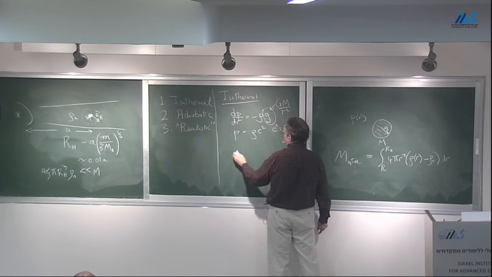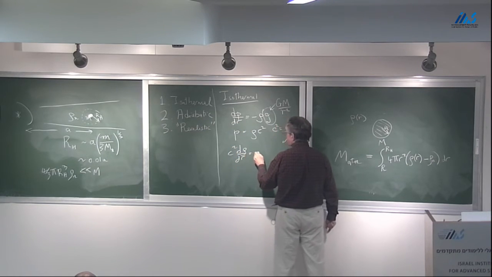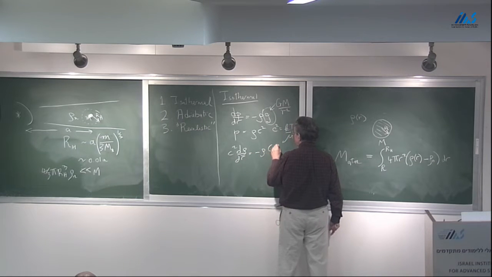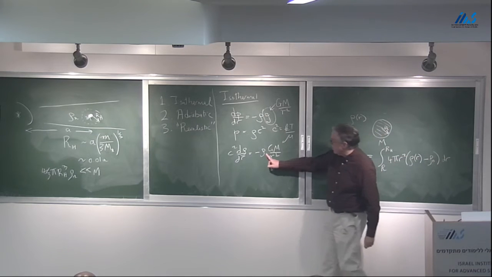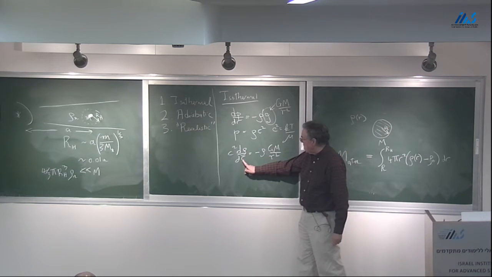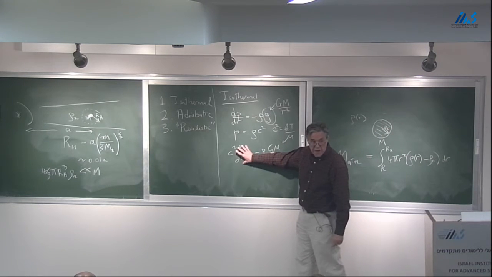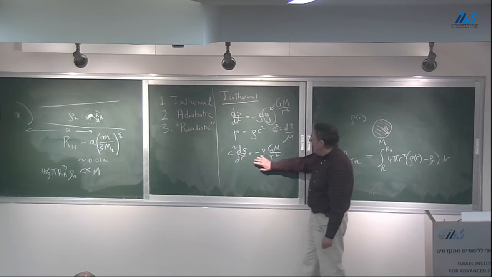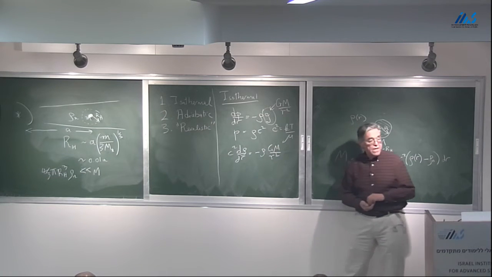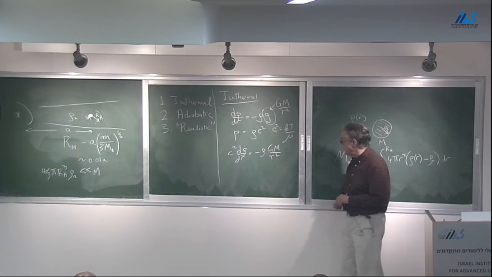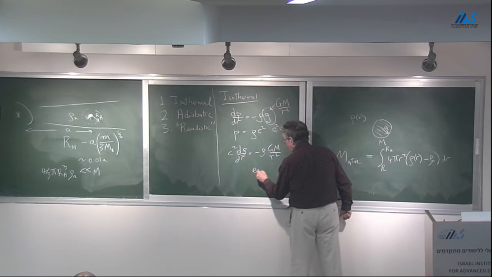You know that you've got c squared d rho by dr equals minus rho GM upon r squared. And you can see what's happening here. I've got a d rho upon rho, which integrated gives me log of rho. And over here, I've got an integral GM upon r. And so the solution is going to be in the form of an exponential of GM